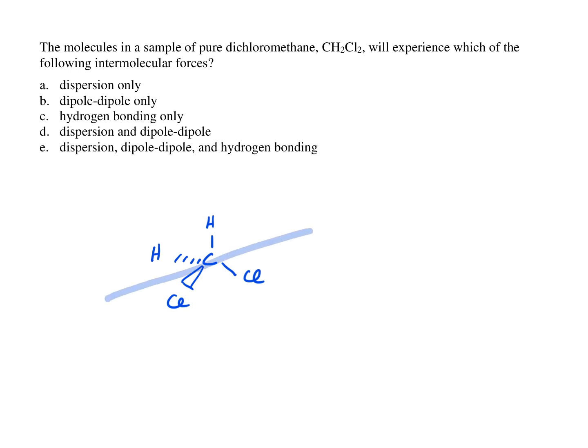We can show that this molecule has both a positive end or side of the molecule and a negative end of the molecule, because these electronegative chlorines are going to have a partial negative charge and the carbon a partial positive side. That means that this is a polar molecule,